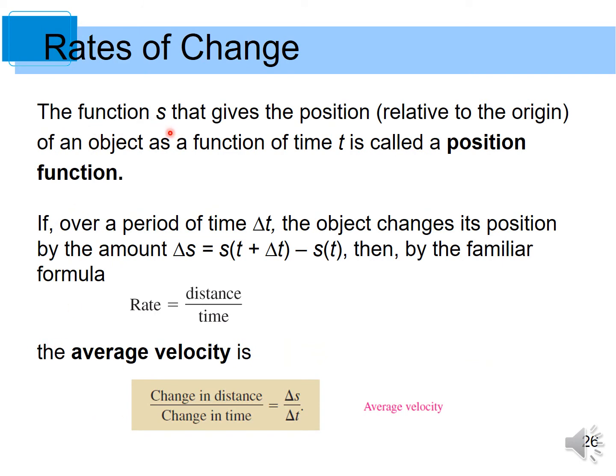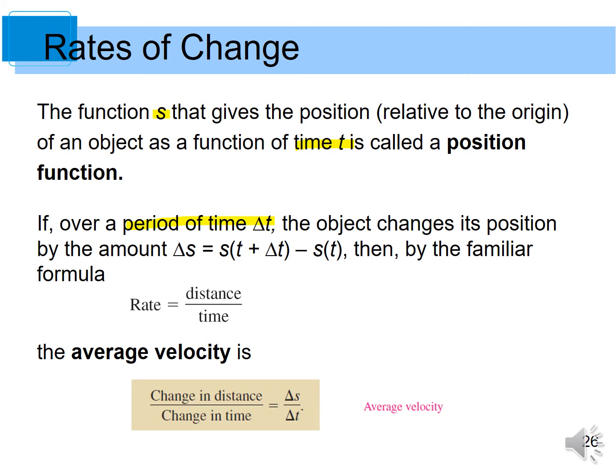The function s that gives the position relative to the origin of an object as a function of time t is called a position function. If over a period of time delta t the object changes its position by the amount delta s equal to s(t plus delta t) minus s(t),